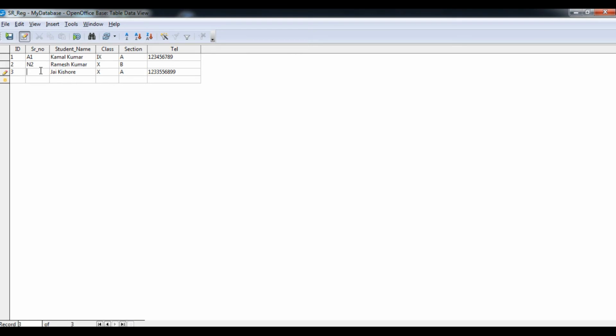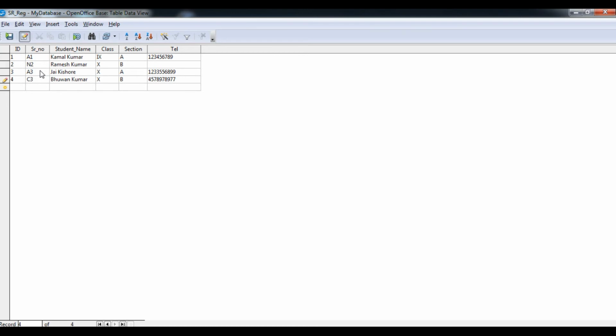Suppose here the number is A2 or A3, whatever. So now press the tab button to check, and now you can see the next row is automatically occupied by my cursor. That means to say it is my correct details. Now the fourth one I am going to insert, suppose C3 and Bhuvan Kumar, 10th B, let it be whatever the number, suppose this one.